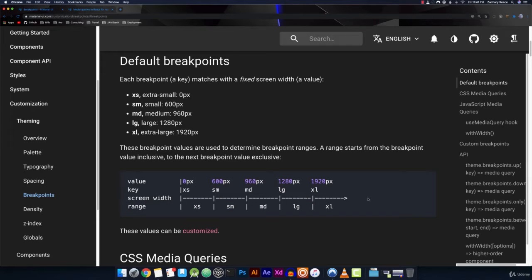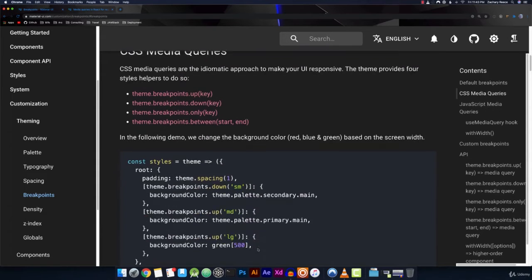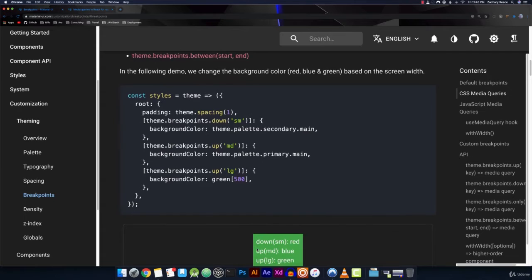All right. And if you remember from when we went over the default theme, these values are actually stored in our theme.breakpoints object. So as it says here, you can actually customize these values if you have specific breakpoints or requirements that you need to work with. However, for our purposes, I've found that the defaults work really well and are really consistent, so we're just going to stick with those. If we scroll down here, we can see an example that really helps to illustrate the